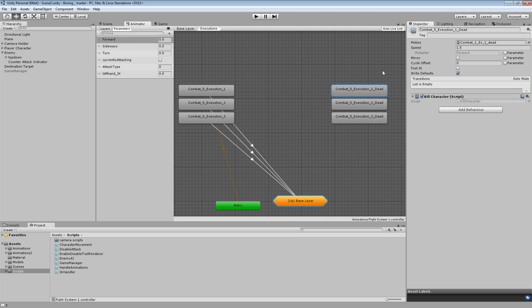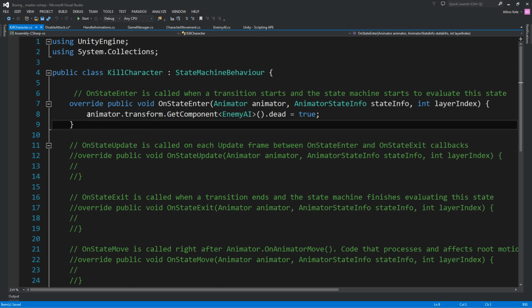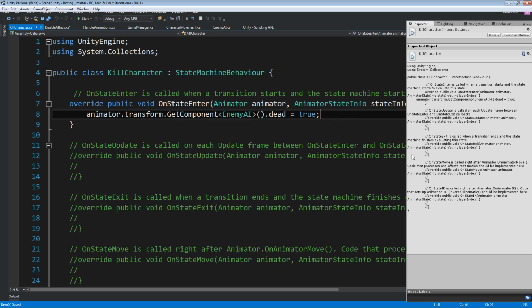Now for the animations where the character dies, you see that there is no transition, since on the last stage he just dies, so we do not want him to move anywhere else. And the next thing we can add on the state is the state behavior kill character, where it simply changes a bool inside the enemy AI script and informs it that he is dead. Okay,